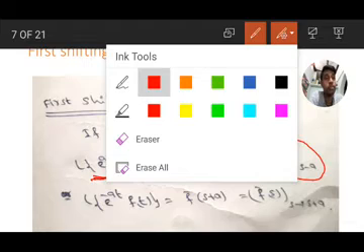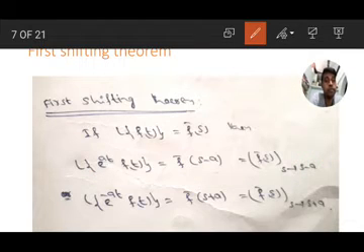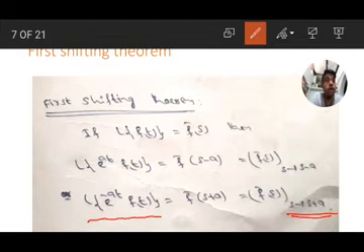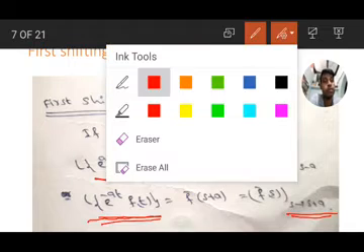That is, the Laplace transform of e to the power of at into f of t is f bar of s minus a. Means in the place of s, we have to substitute s minus a. Similarly, L of e to the power of minus at into f of t equals f bar of s plus a, that is f bar of s where s tends to s plus a. So we have two formulas, for e to the power of at f of t and e to the power of minus at f of t.